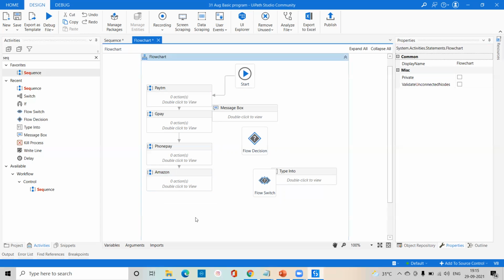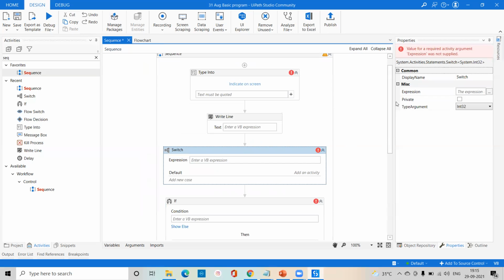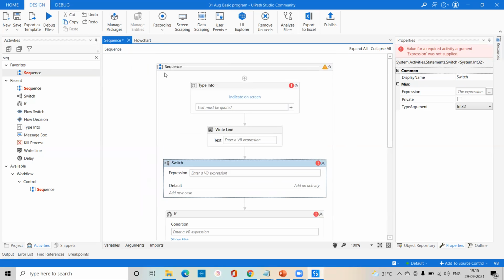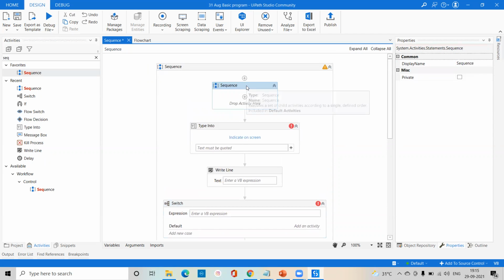Okay. Another thing, if you want to create multiple sequences, if you want to give more than 10 processes, 20 processes, everything is possible inside your flowchart. Okay. Again, come to the sequence. Whatever the activity, it's not possible to keep inside a sequence. So there is a possibility we can do either. If you're going for sequence, and if you go for any interview, they can ask you, can I keep one sequence inside the sequence? Yes, we are able to keep any sequence in the sequence.